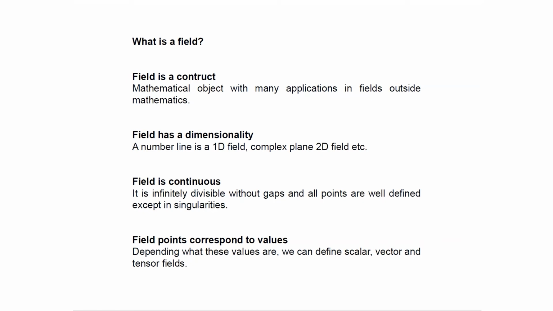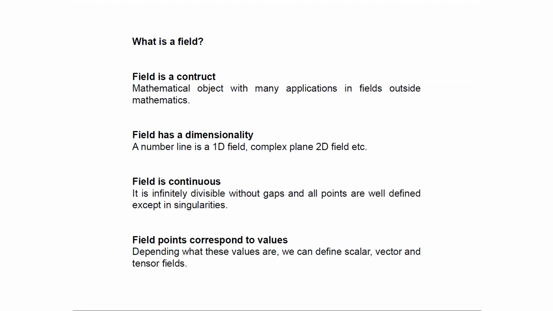Without gaps, and all points are well defined except in singularities. Sometimes fields contain singularities and we have to deal with them. Even in our example that I'll try to do today, singularities might appear. Those are points where certain values of the field might reach infinity, and we will use some tricks to avoid these singularities. In physics, this is called renormalization. So you need to kind of renormalize your field in order to avoid this